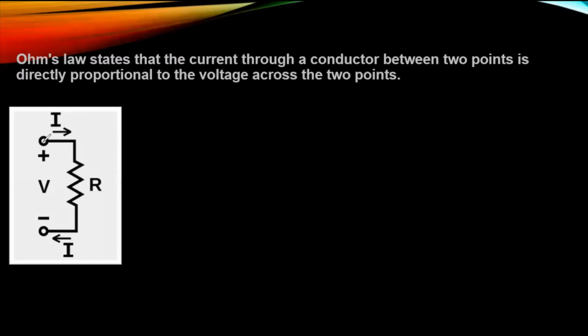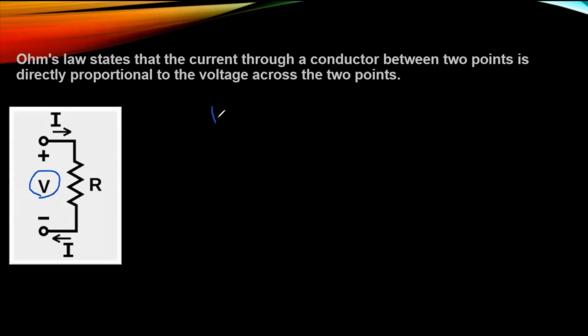So that means if you are having a circuit like this, and the current is going through the circuit, there can be a resistance in the circuit. Whatever the amount of current that is flowing, it will directly be proportional to the voltage across that circuit. If all the physical conditions remain constant, then the current going through any circuit will be proportional to the voltage.